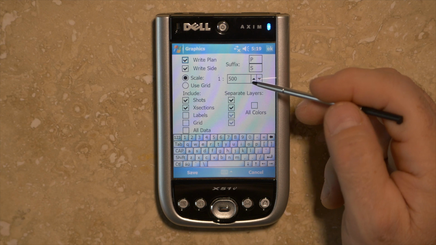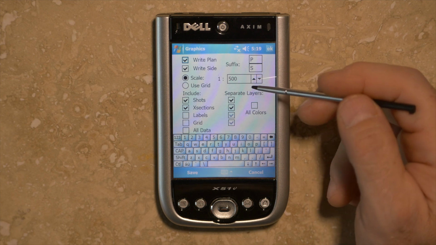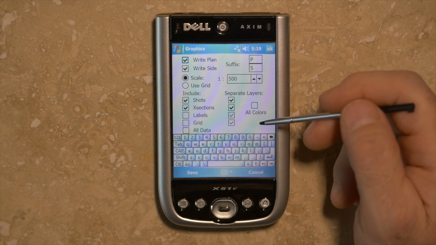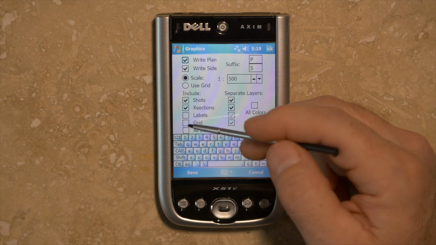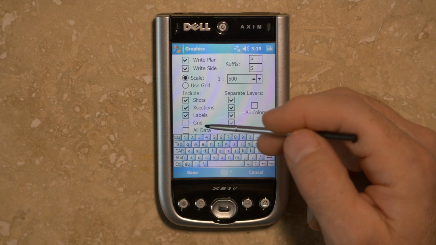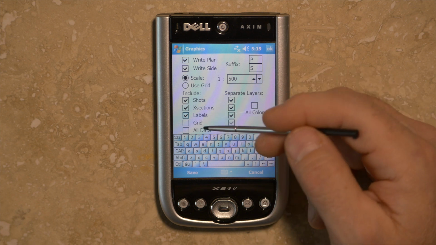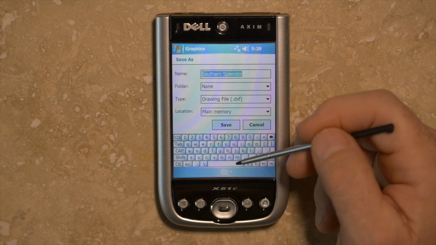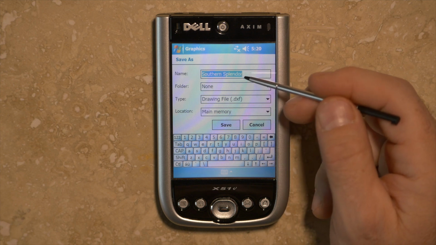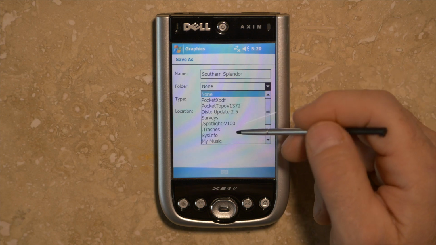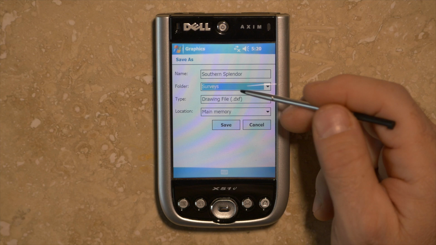You can choose the scale here, although you can manipulate that later in drafting software like Illustrator, and then you can choose other things that you want exported. If you want the grid, again, it's in imperial units, that should be 5 feet by 5 feet. Then you tap on Save, and you would pick a name, a folder, and I put it here in Surveys,